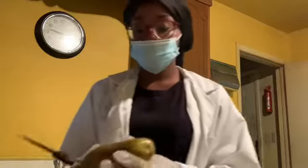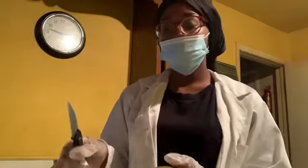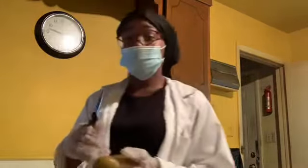Now we're going to peel the potato because we're making mashed potatoes. So I'm going to peel the potato and then chop it up and put it into my pan with the water already in there. And then after we get done with getting the potato already boiled and chopped into the pan, we're going to pour the milk, which I'm going to